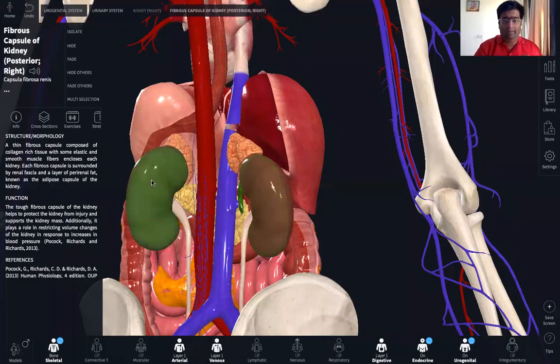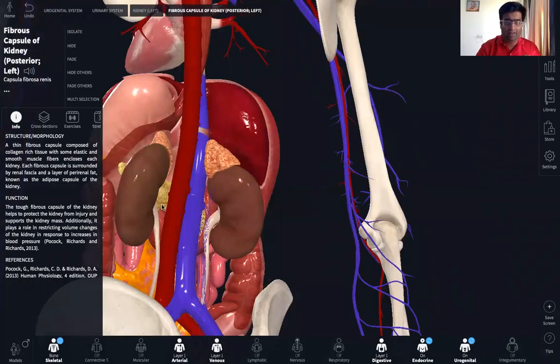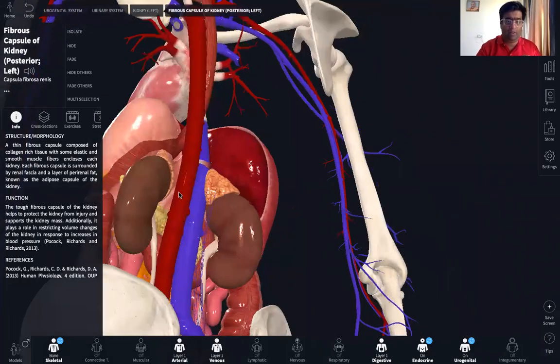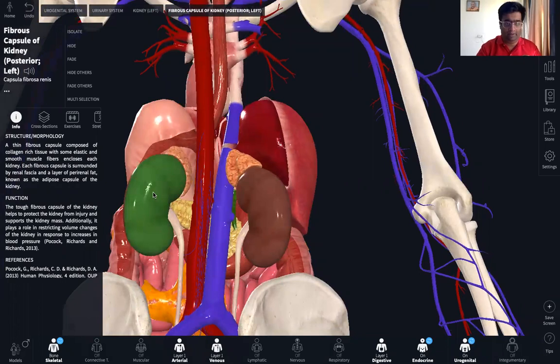On the other hand, the left kidney is slightly behind the right one. So it will be something like this. So this is my left hand. Look like this: the right kidney is slightly lower in position, but slightly in front. The left kidney is slightly higher up, but it is behind. The reason is to accommodate the stomach on the front side. So the left kidney is slightly behind the right one in order to accommodate the stomach.